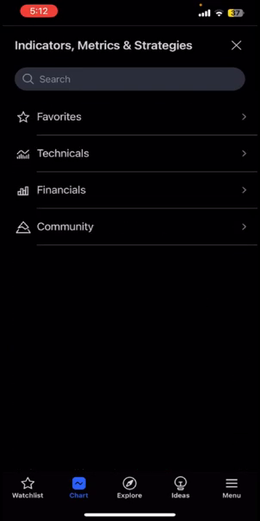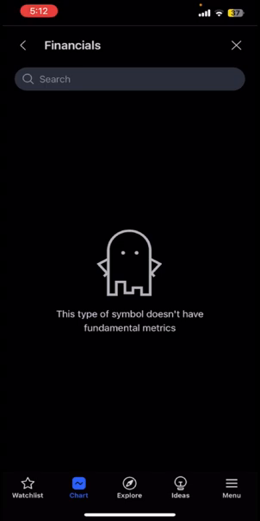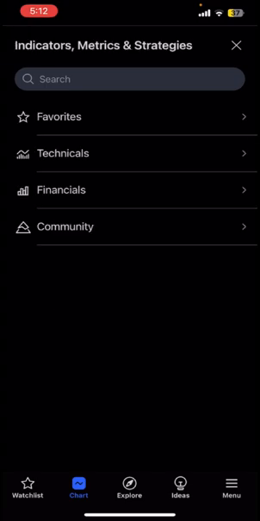And just down below the technicals, you can see financial, which I think is not an important topic for now, but once you tap on it, you can see there is written this type of symbol doesn't have fundamental metrics. So let's get back, and finally you can see the community option at the last, which is actually a public